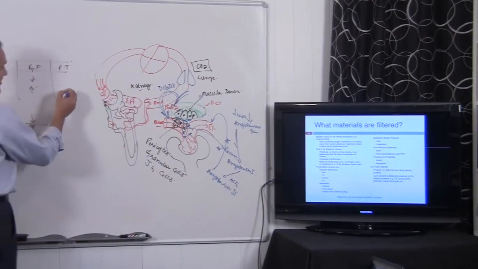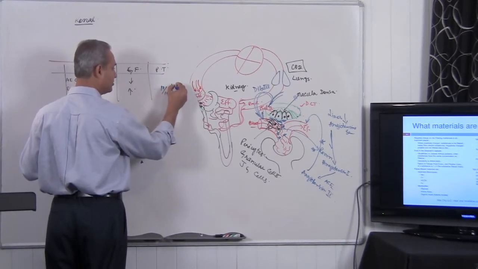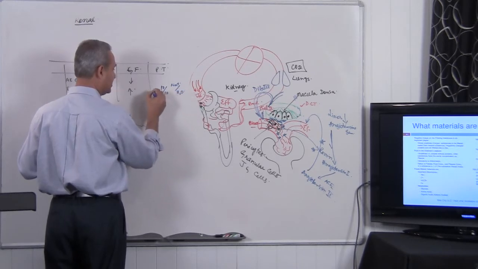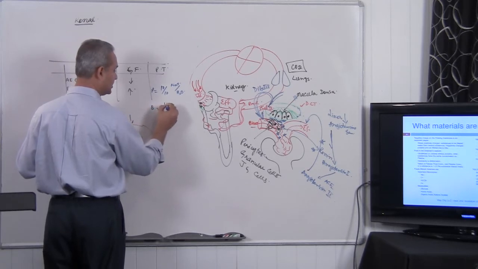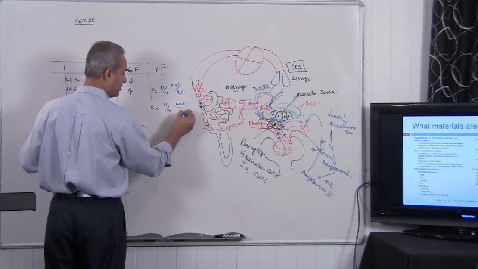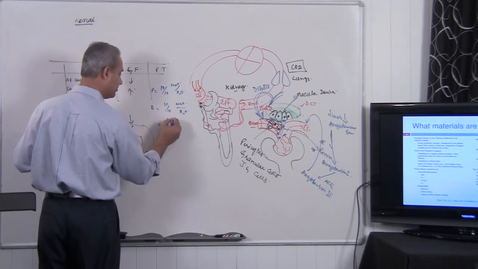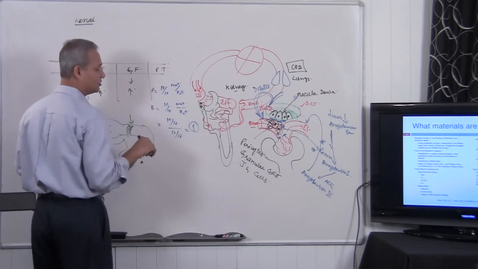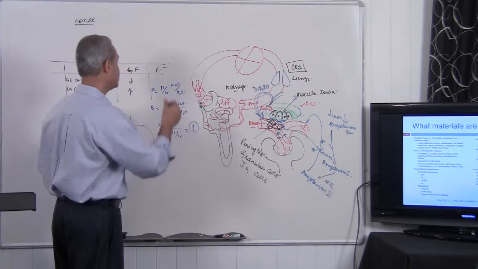There is 10 by 10, so let's say 10 is sodium and 10 is water in the plasma, and then in the Bowman space is also 10 by 10, or equal by equal, 5 over 5. If you now divide them, 10 by 10 divided by 10 by 10, the answer is going to be 1. So this is the tubular concentration ratio, and you would actually see a chart like this,